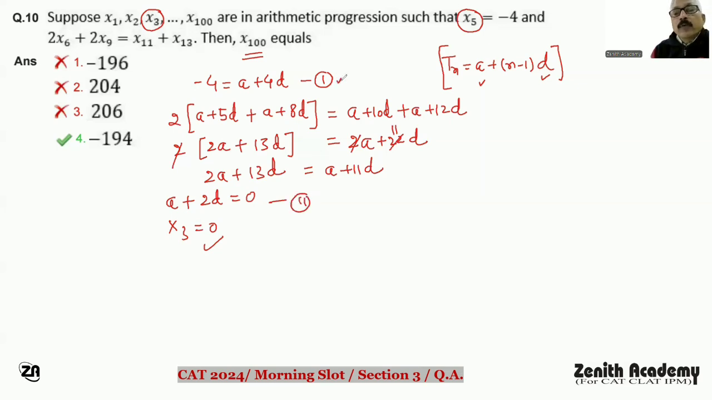Now इक्वेशन नंबर 1 और इक्वेशन नंबर 2 को अगर हम इक्वेट करेंगे तो a की वैल्यू मिल जाएगी और d की वैल्यू मिल जाएगी, करेक्ट। और फिर आपको क्या फाइंड करना है, x100। ये 100th टर्म में क्या हो जाएगा, a प्लस 99 इंटू d, और ये आपका आंसर आ जाएगा। ठीक है, दिस इज अ वन वे।